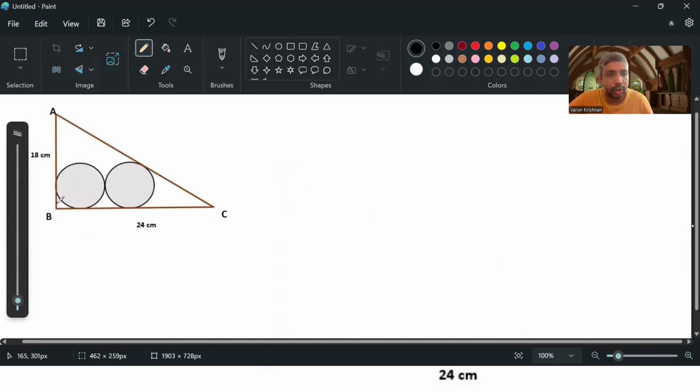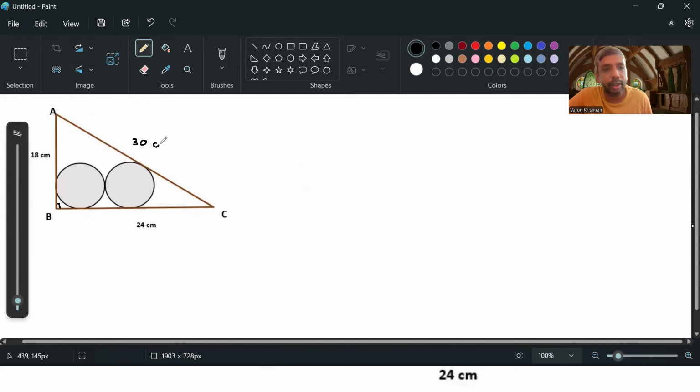And first thing I can notice is that the lengths of the two sides are given to me as 18 and 24. 18 is 3 into 6. 24 is 4 into 6. And as soon as I see a right angle triangle, I should immediately think of the three sides of the right angle triangle and go to satisfy the Pythagoras theorem. And the two perpendicular sides are in the ratio of 3 is to 4. And we know 3, 4, 5 is the smallest Pythagorean triplet, which means the third side must be satisfying the 3 is to 4 is to 5 ratio of the three sides of the right angle triangle. That's the first thing to understand, which means that AC will be 5 into 6, which will be equal to